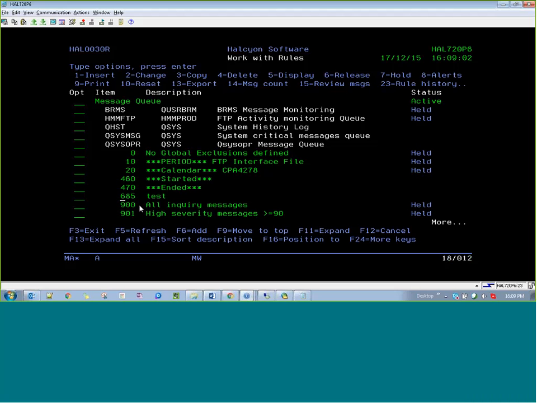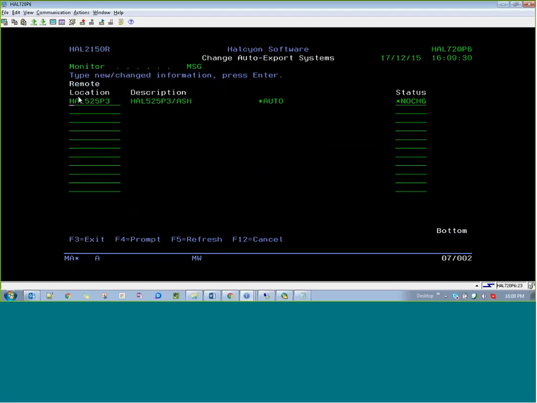I can specify up front partitions or systems where I want that new rule to be copied to automatically. Previously, it was a manual process, and you had to use option 13 to export that rule to that remote system. You can still do that manually, but now, against the monitor itself, if you use option 30,